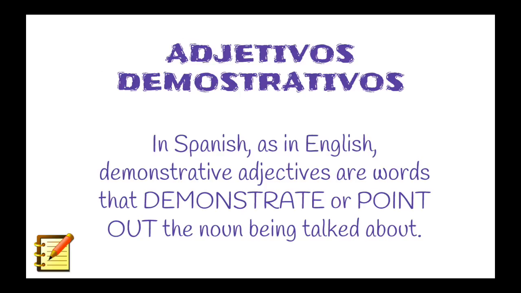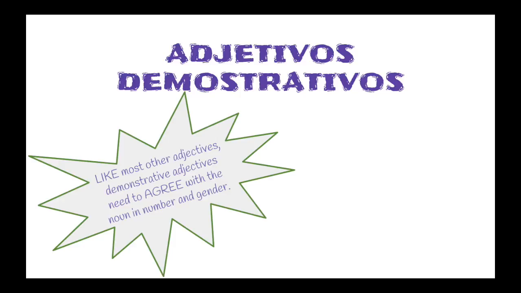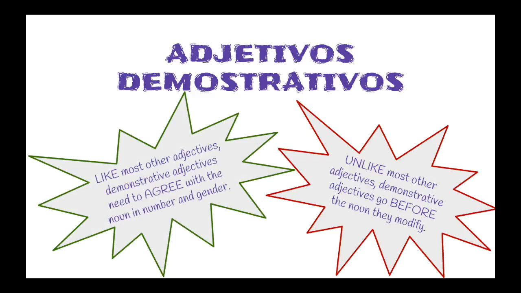So first we need to talk about what a demonstrative adjective is. In Spanish, as in English, demonstrative adjectives are words that demonstrate or point out the noun that is being talked about. Similar to other adjectives in Spanish, the demonstrative adjectives agree with the noun in number and gender. However, unlike other adjectives, the demonstrative adjectives go before the noun they are modifying, whereas most adjectives go after the